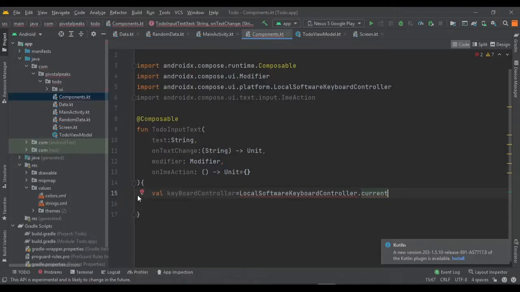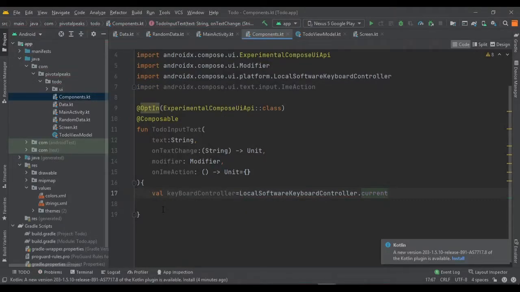Yeah, I forgot to tell you that this is still experimental. So we need to annotate it as an experimental Compose UI API, and basically it can change in future, but for now this is what we have, so we will have to work with it.